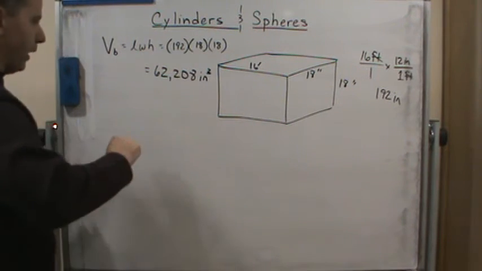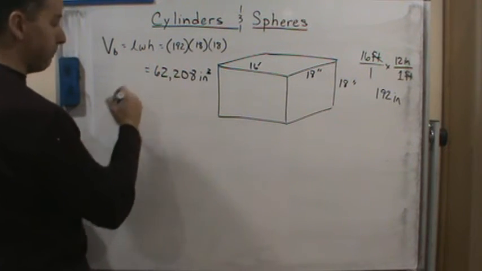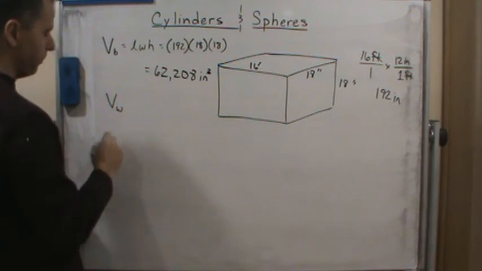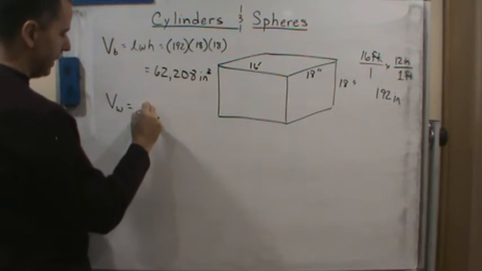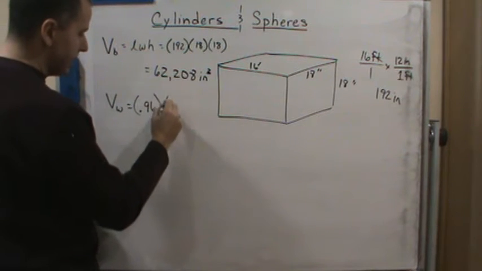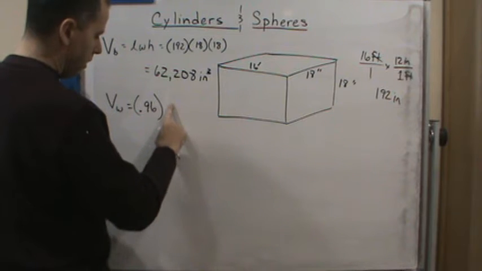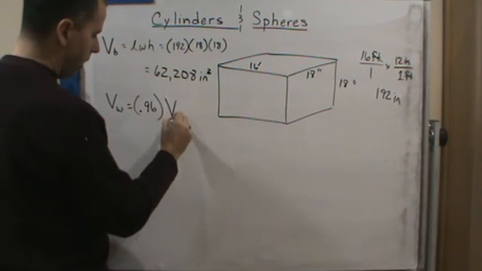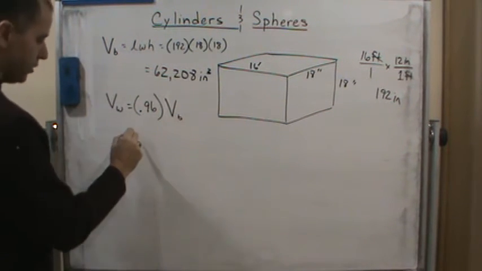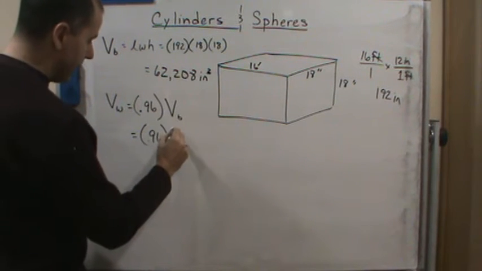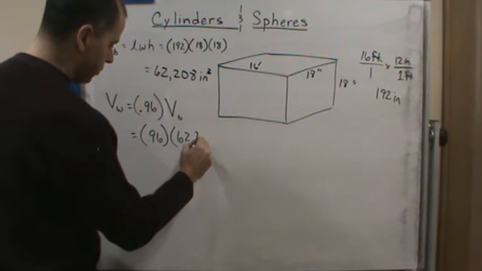So we multiply this number by 0.96, because the volume of the wire is equal to 0.96 times the volume of the block. So that's 0.96 times 62,208,